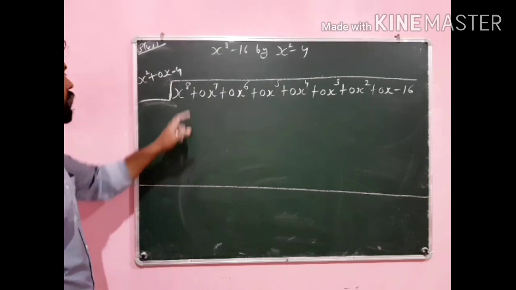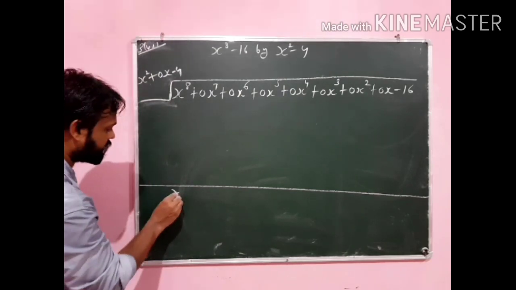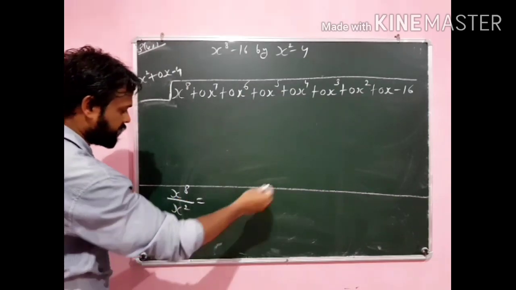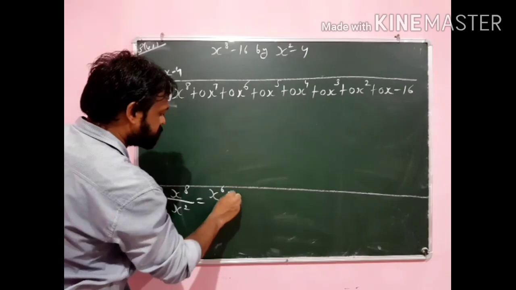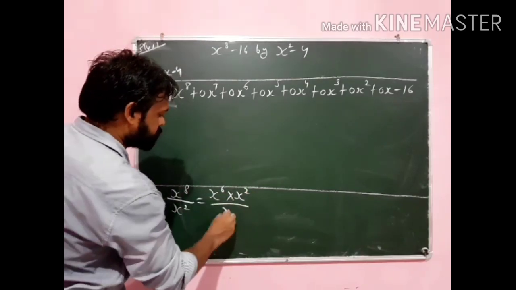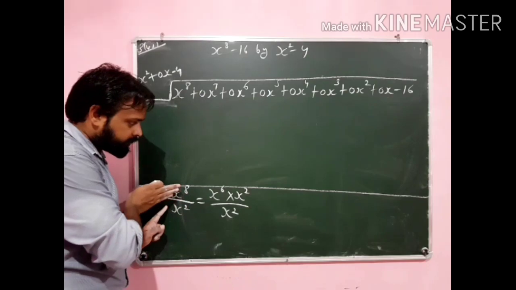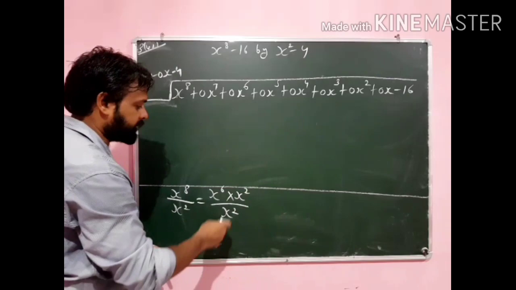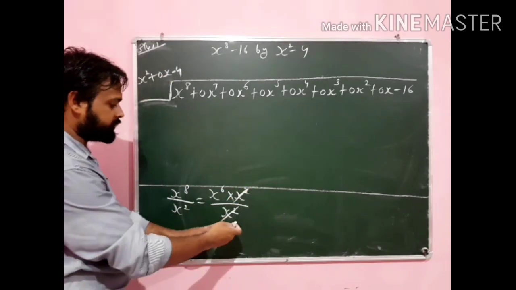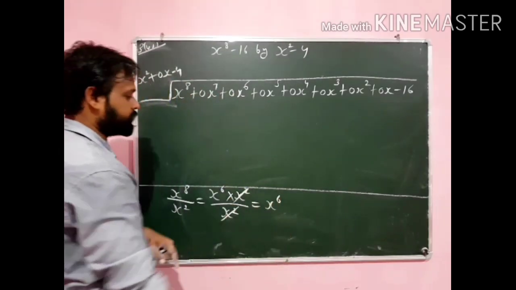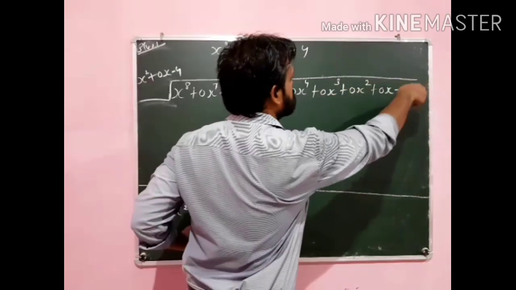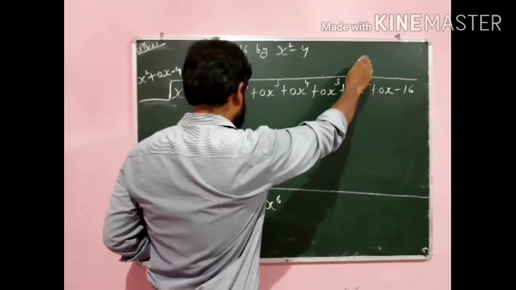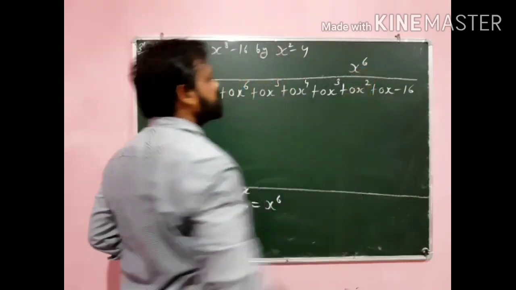Okay, so very easy. Now again this x raised to power 8 is divided by this x raised to power 2. We can write it as x raised to power 6 into x raised to power 2 over x raised to power 2. And you can also write x 8 times and then x 2 times and then cancel out the common factors. Here I directly solve: x square is cancelled with x square. So I got x raised to power 6. So write down here, this is the quotient. So it will become x raised to power 6.